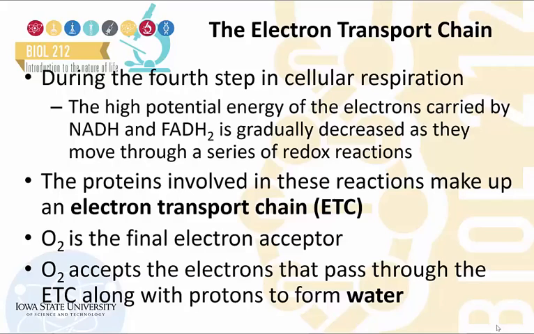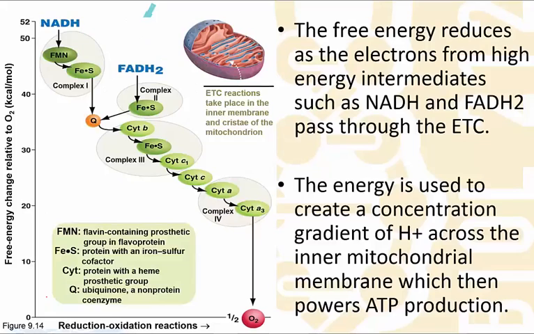After the electrons pass through the electron transport chain, they are accepted by oxygen, which combines with protons to form water. If you look at the energy diagram for the electron transport chain, where we're measuring the free energy change relative to oxygen, we can see that NADH and FADH2 donate the high energy electrons that they're carrying to different complexes within the inner mitochondrial membrane. These electrons flow through the electron transport chain and are finally passed on to oxygen, which combines with protons to